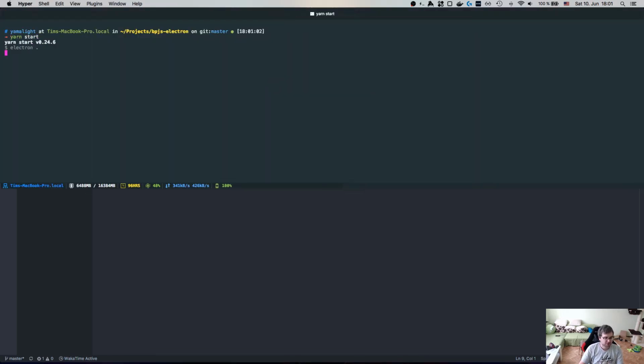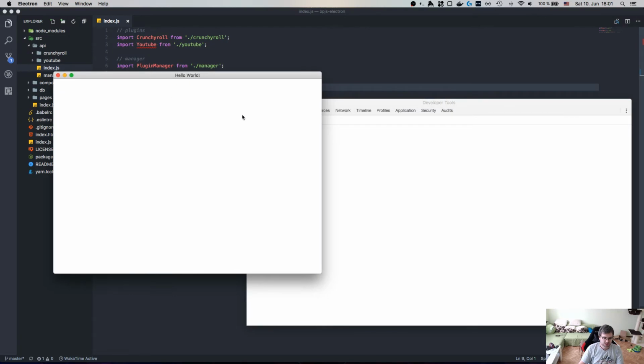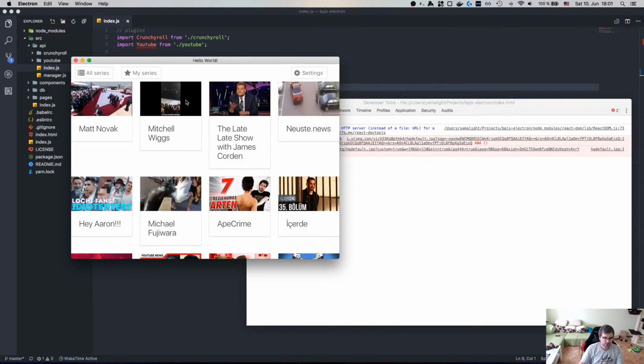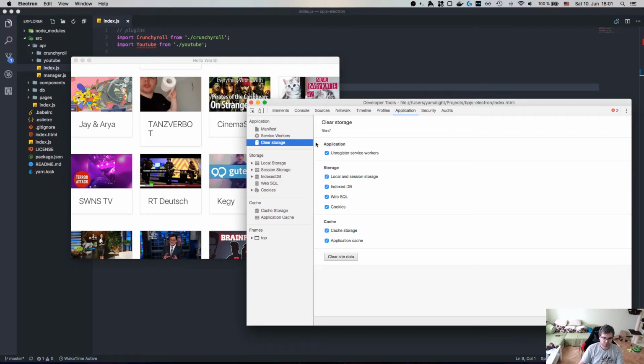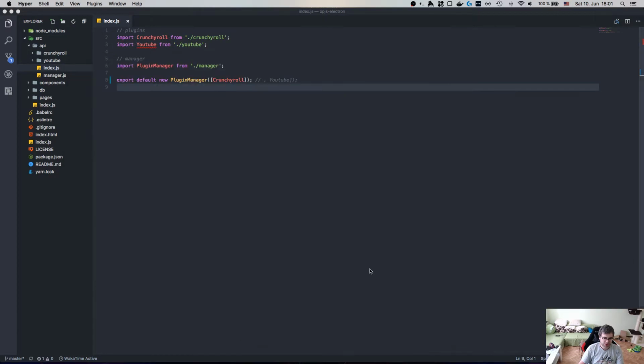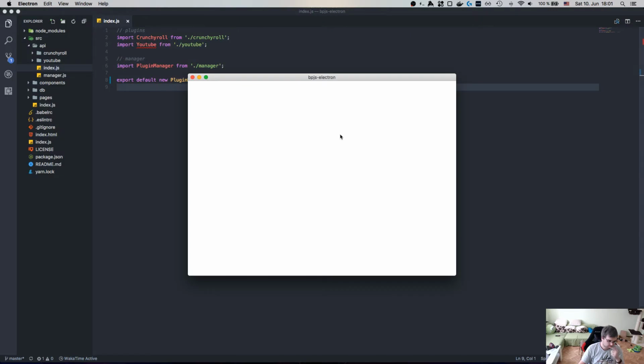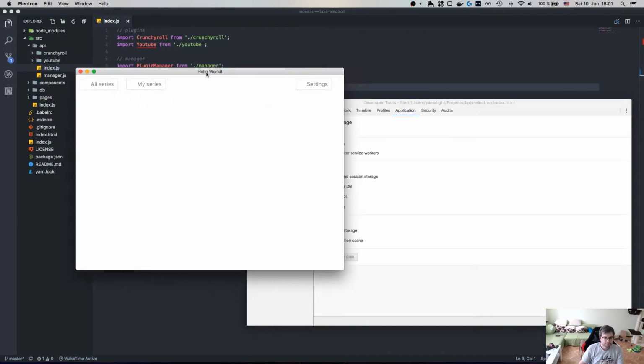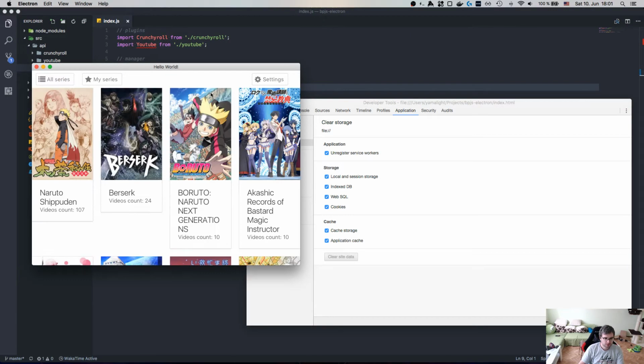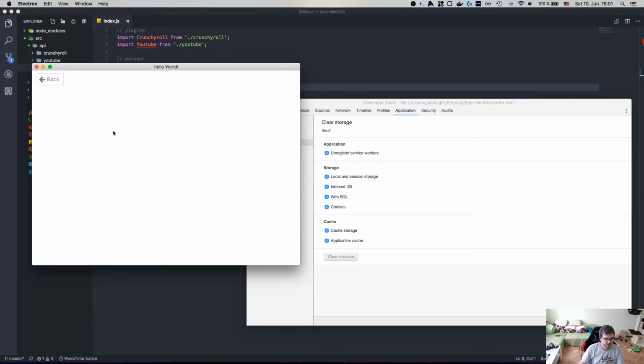Okay, so let's have a look at the app itself and see what exactly we need to do here. I'm gonna wipe the cache and restart the whole thing. Right, okay, so we got our anime stuff, we pick something. So this is the part we're interested in, right? So when we come to this screen,